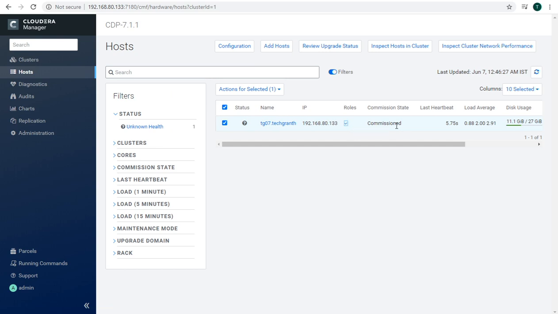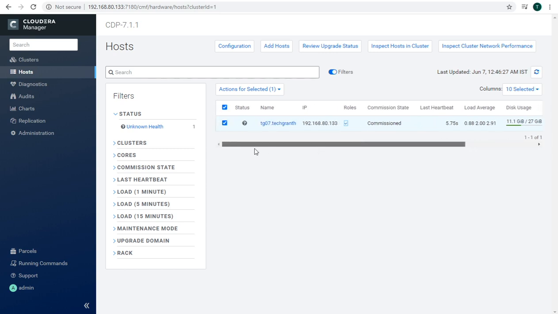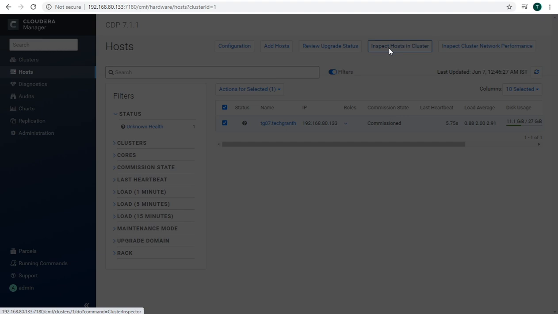We do not have any roles here, but it is commissioned and the last heartbeat we can see here. Disk usage is 11 GB used, and memory is 3.2 gigs in use.